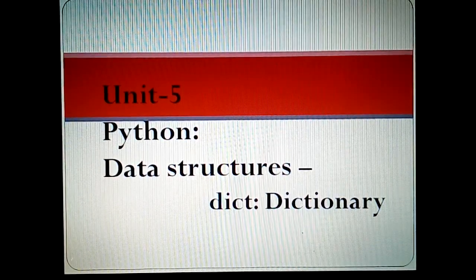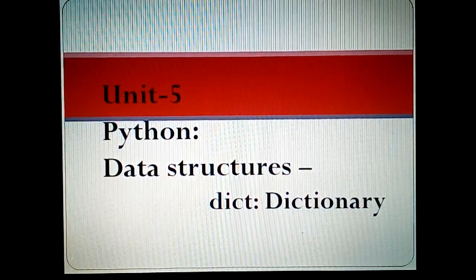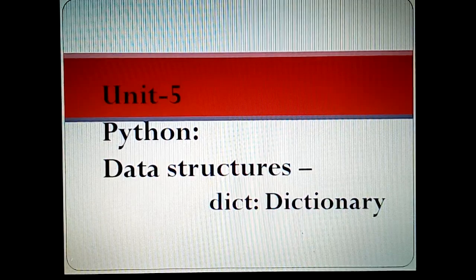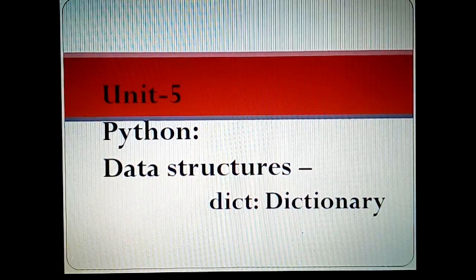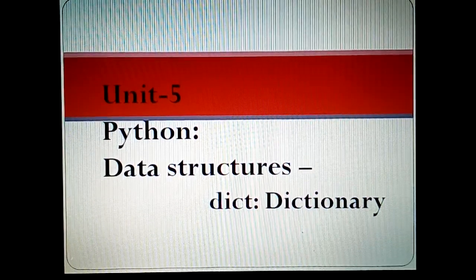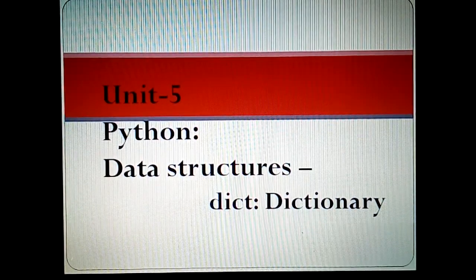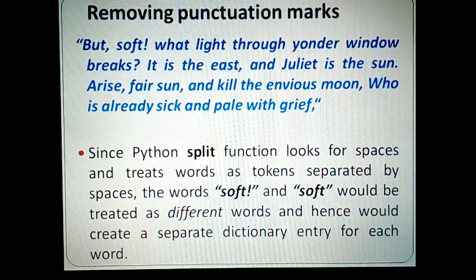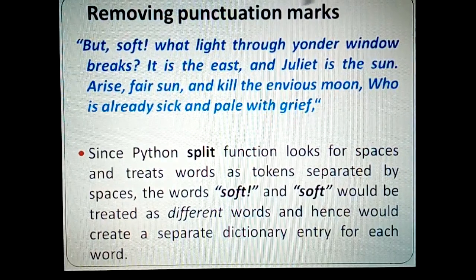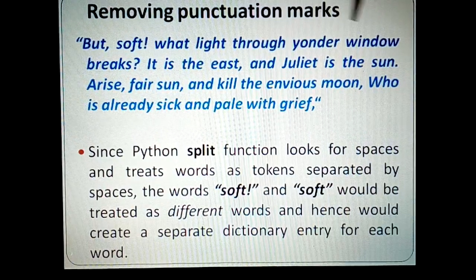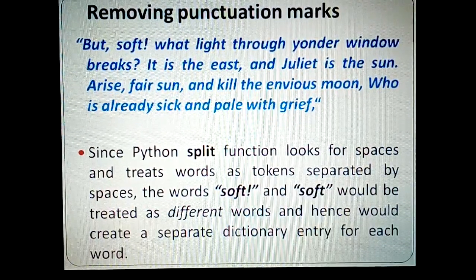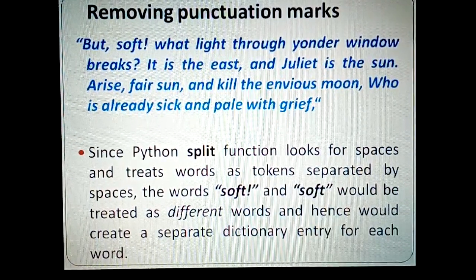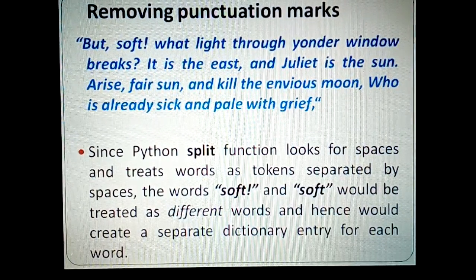So today we'll move it further, wherein we'll take an example to process a string, and then we'll transfer all the words to a dictionary. To understand it, we have an example here which says that there is a paragraph with a lot of punctuation marks such as comma, exclamation, question mark, or a full stop and so on. So we don't need these when we need to extract the words.